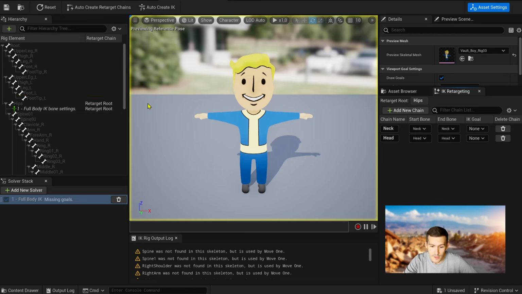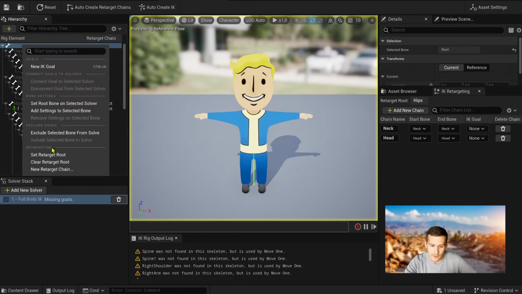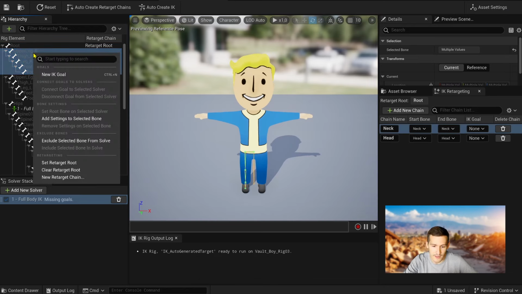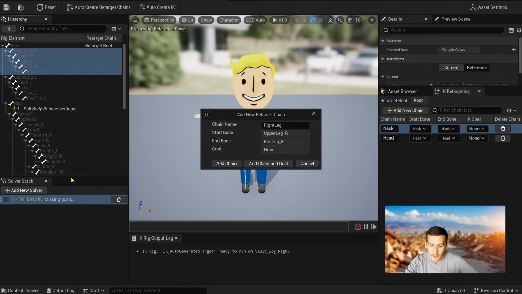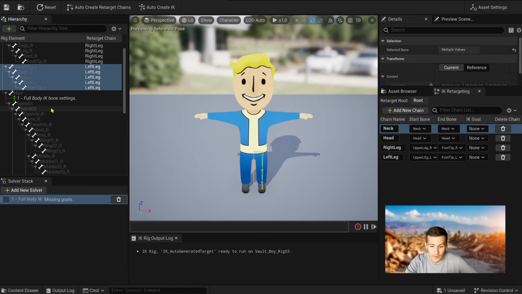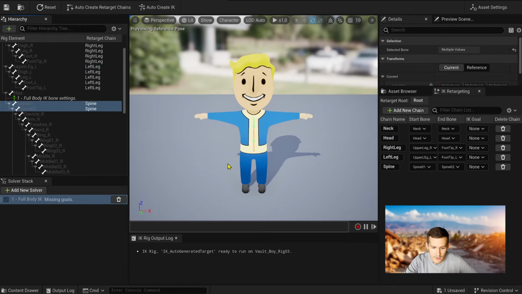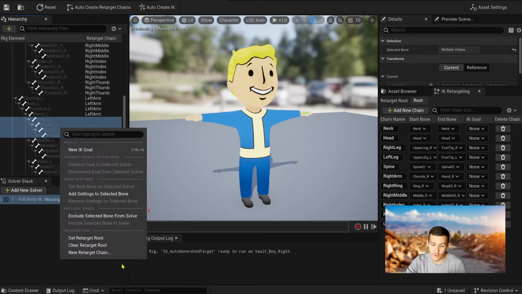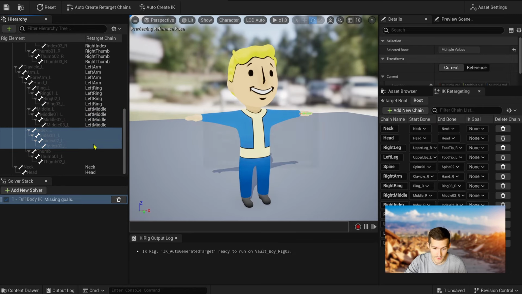Oh, don't forget to re-specify your retarget root if it wasn't detected correctly. If your bone nomenclatures are well done, your retarget chains will quite easily assign the corresponding names automatically. So, select all the bones necessary here to set up a new retarget chain. Right-click, click on New Retarget Chain, and that's it. Do it for your entire character. Don't worry if you make a mistake on the start or end of the chain in question, we'll always be able to adjust it afterward. From legs to the spine to fingers, everything goes.